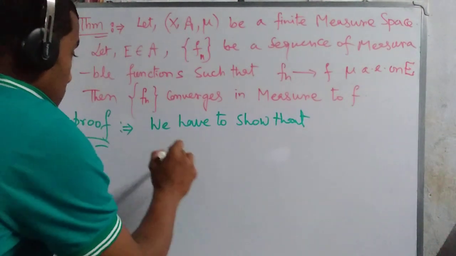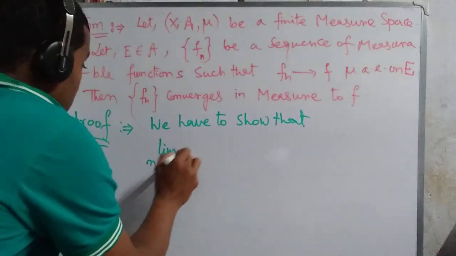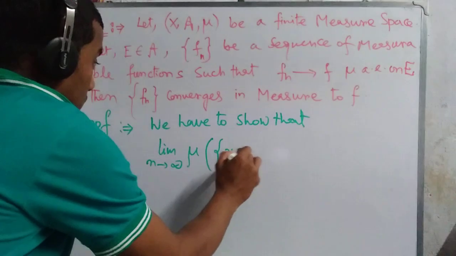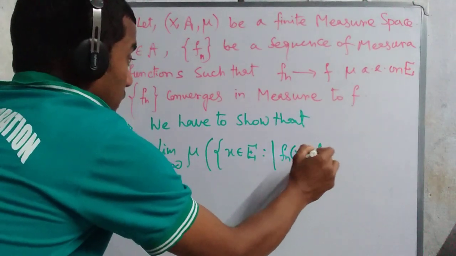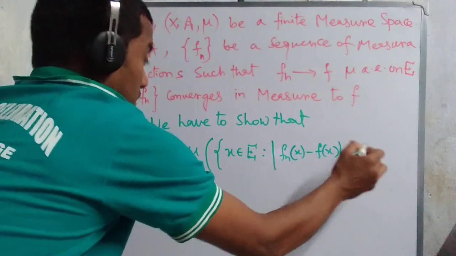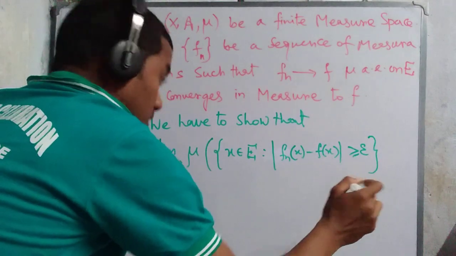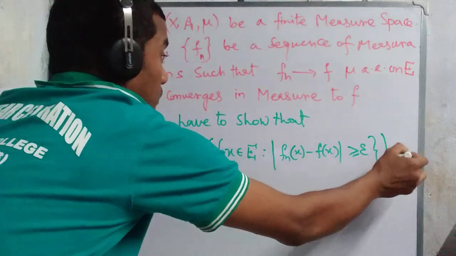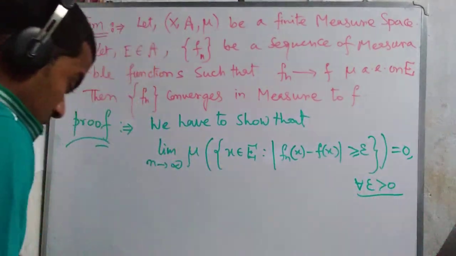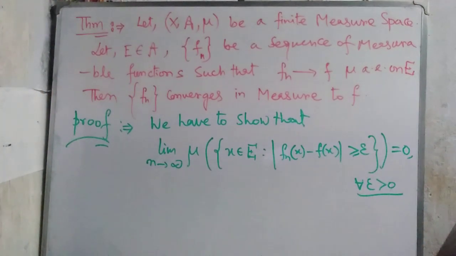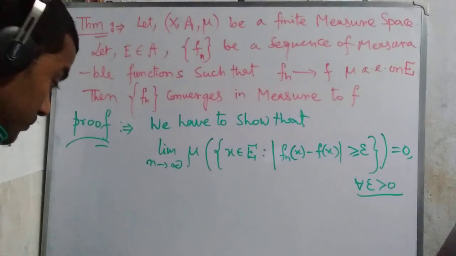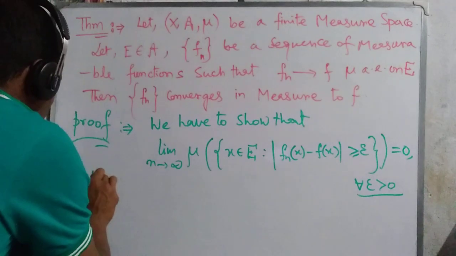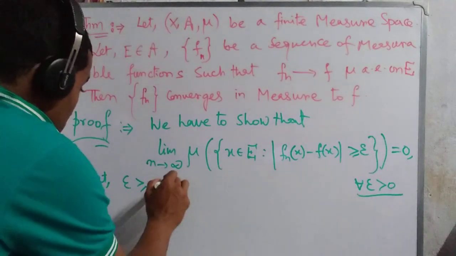We have to show that the limit as n tending to infinity of mu of the set of x belonging to E such that the absolute difference of f_n(x) and f(x) is greater than or equal to epsilon equals 0 for epsilon greater than 0. We have to show this. Now let epsilon greater than 0 be given,